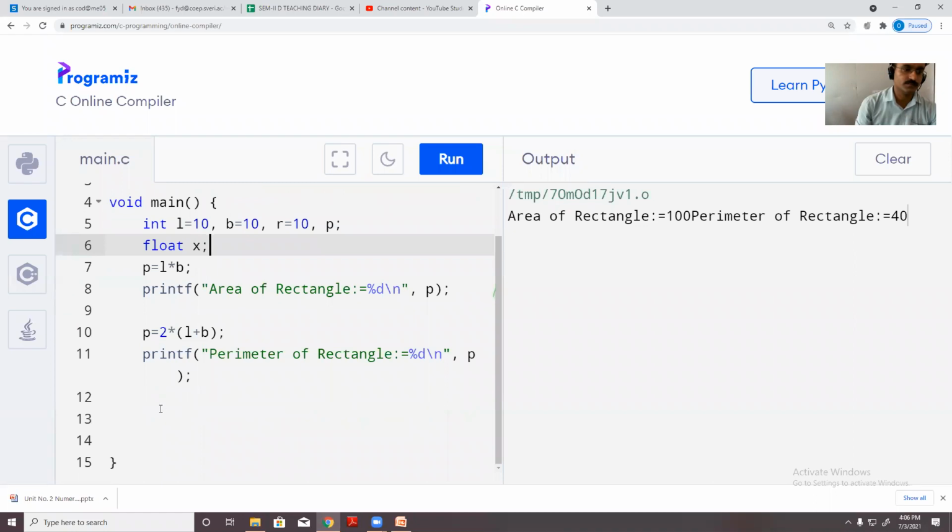Okay, so I will use x equal to 3.14 into r into r. Okay, and I am going to print area of circle.